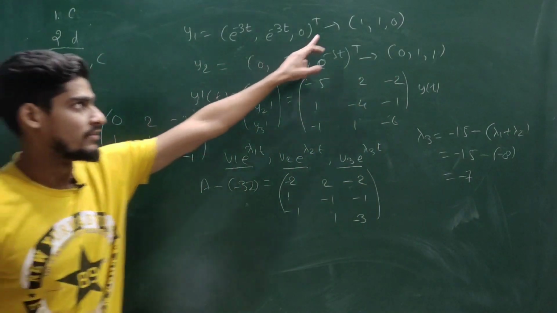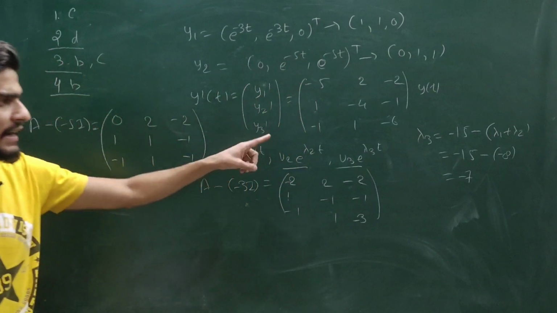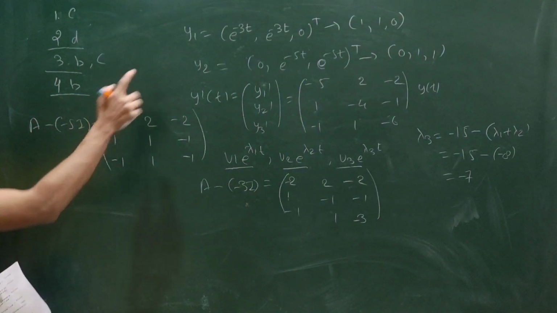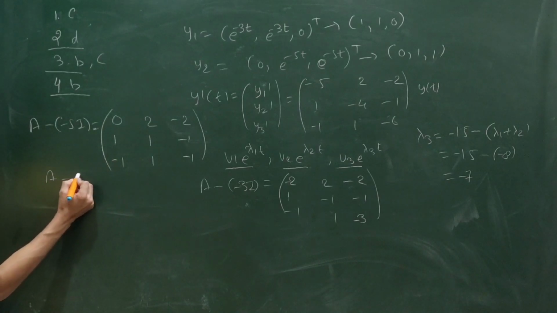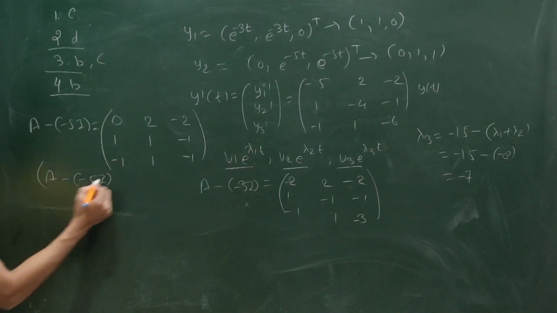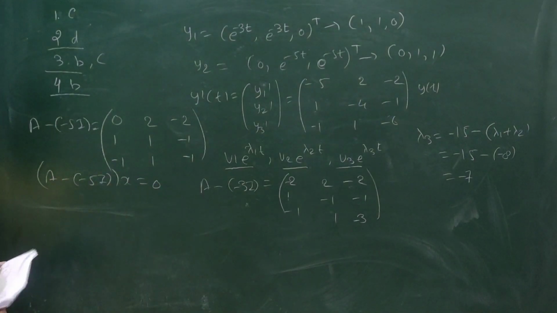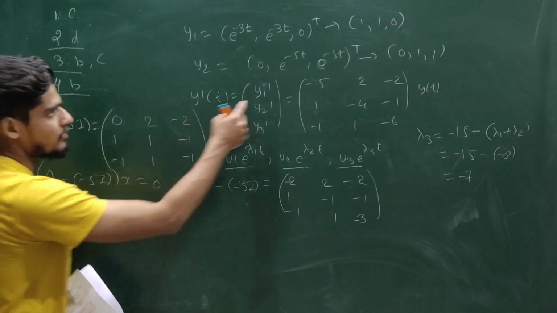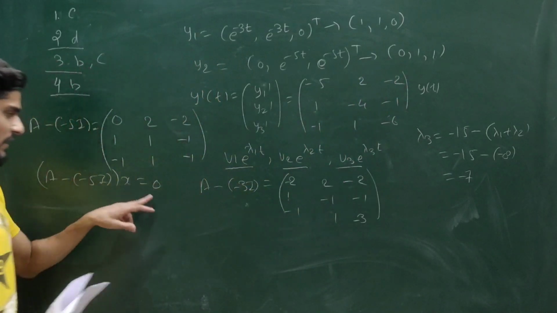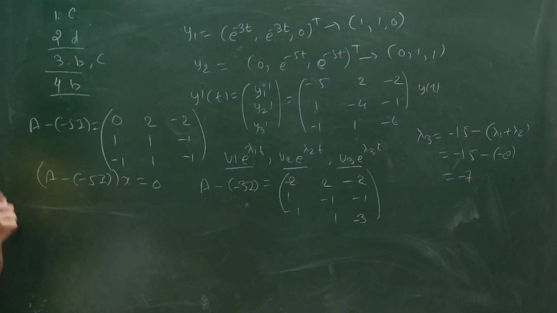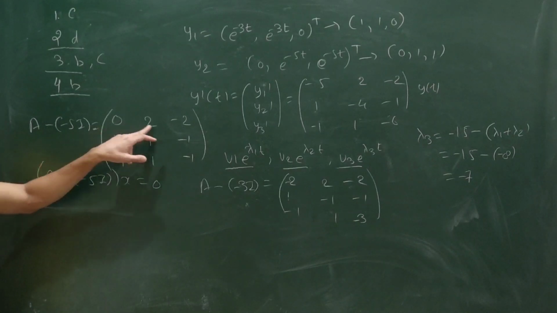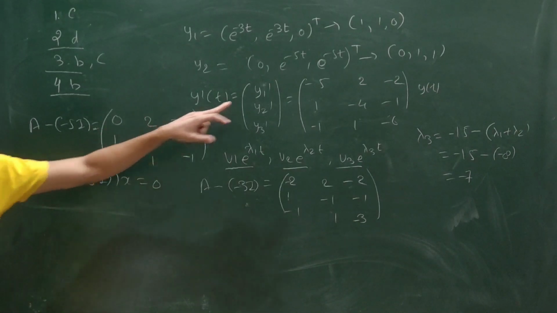Now let us verify whether (1, 1, 0) is an eigenvector or not. Can I say it directly? When we say this is an eigenvector, when I am having this A minus (-5)I, if I operate on x, I should get 0. So for -5 I will multiply with this vector. If you multiply this matrix with this vector, then you should get the 0 vector, and I will definitely get the 0 vector. Why? Because if you observe, you are multiplying this with this vector.